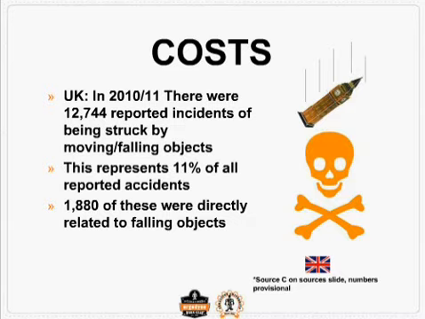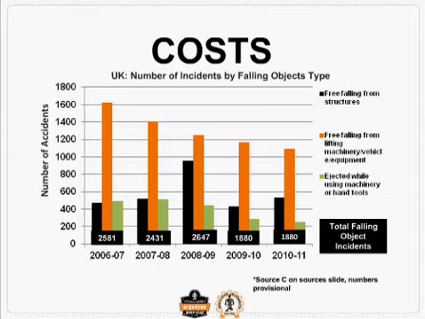Of these, just under 1,900 were related to falling objects, which is represented on the next slide by categories of falling objects that they break down. So you'll notice on the far right, you see that number of 1,880 incidents from falling objects. They actually break down the falling object into type. So whether it be free falling from structure, free falling from lifting machinery or vehicle, or ejected while using machinery